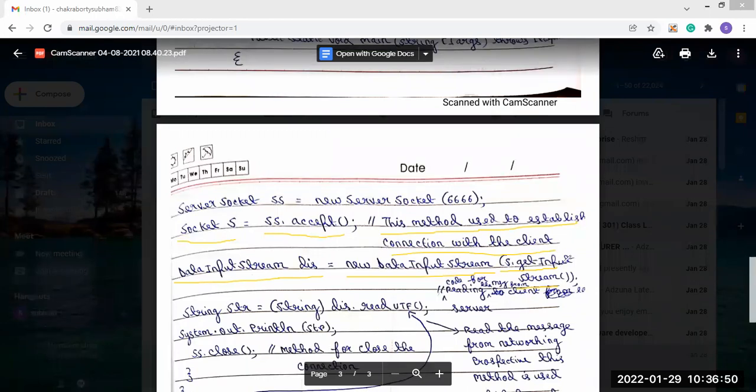With this socket class object, we are calling the getInputStream method. This code we are writing for reading the information or message from client to server, the message that will come as an input stream.